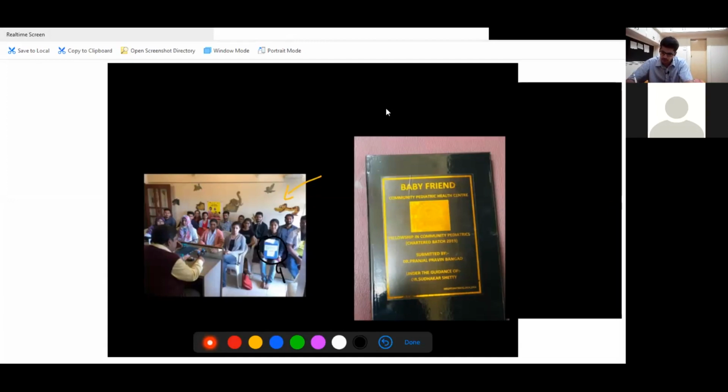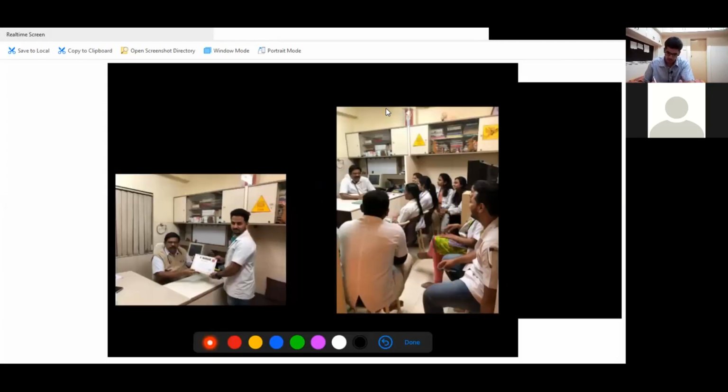After doing all the malnutrition camps, you have to make a black book of all your diets. The doctors, when they make the diet, have to maintain a black book of all the children so that they learn while making the diet. So this is the black book that we tell them to make. This is the certificate that you get at the end of the course. Okay, and this is one of the classes that we take. Again, same thing, malnutrition. Now we're doing it online.